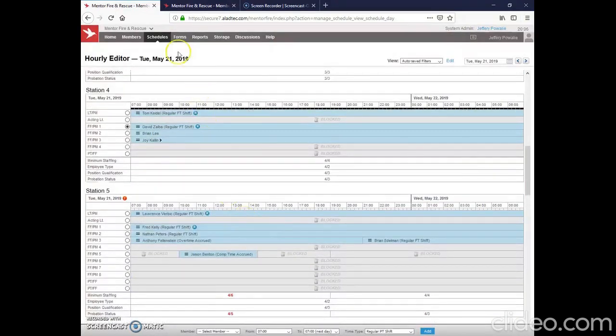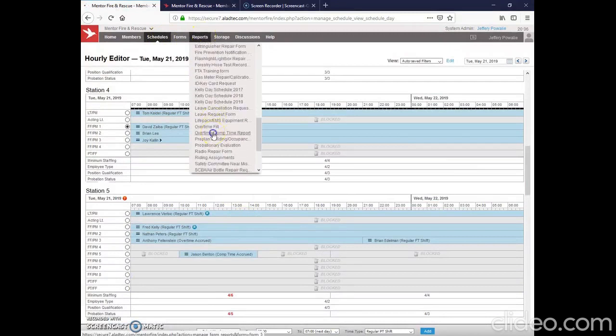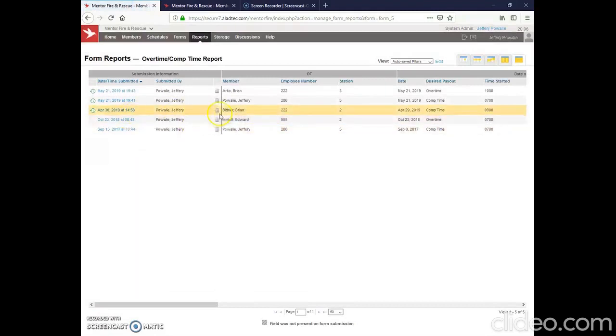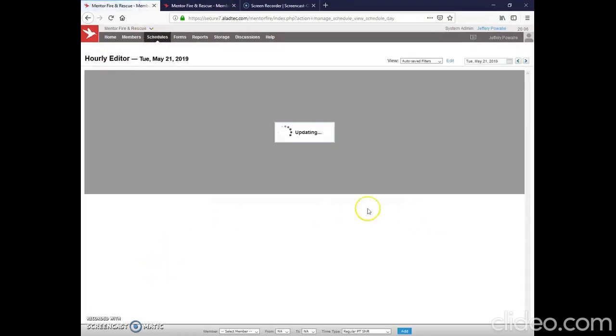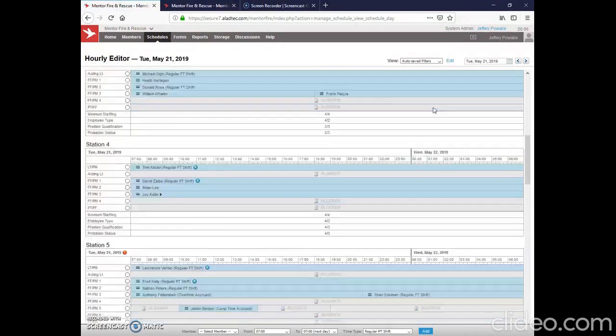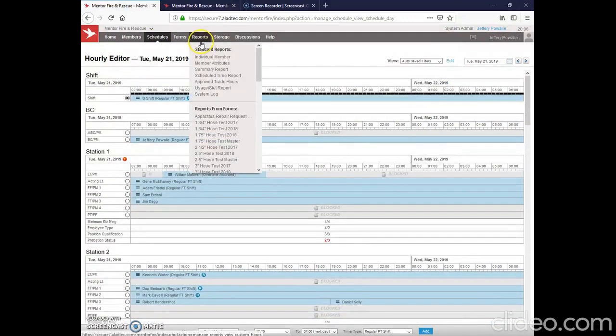So, yeah. Again, you just go to the overtime form. Select which one of his it was. This is a different one, but you see it would say here comp time or overtime, and then you just adjust it on the schedule. So basically, everything will be done in here, and then through those payroll forms,